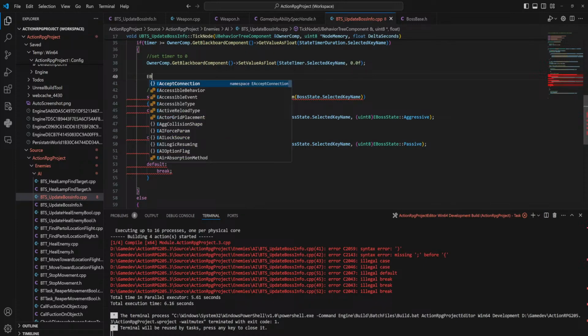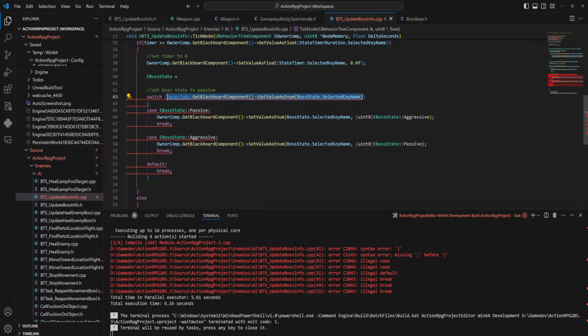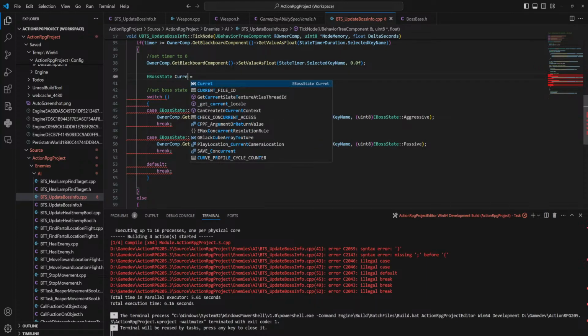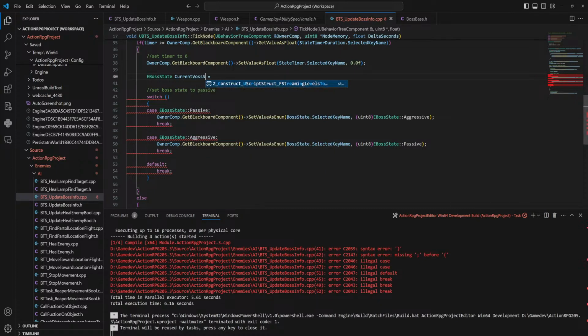We want to add a boss state equal to this entire thing. So let's call this state current boss state, just to try to prevent typos. All that, and then we just switch on current boss state. That's the idea, right?